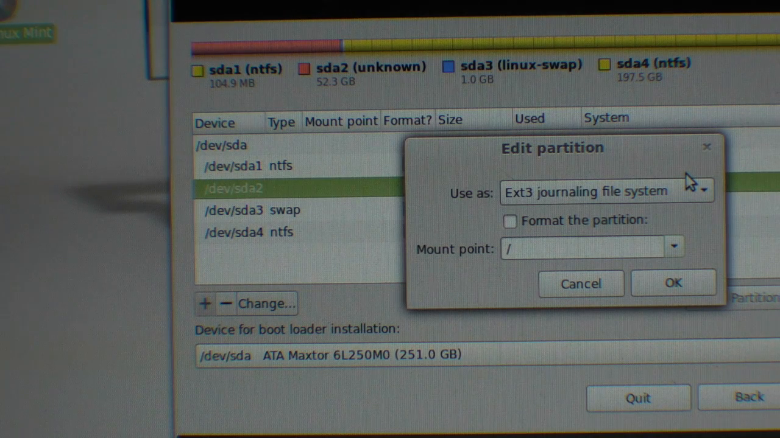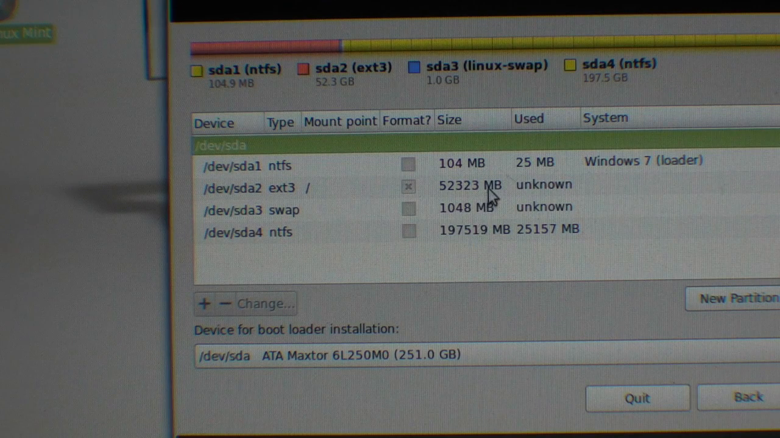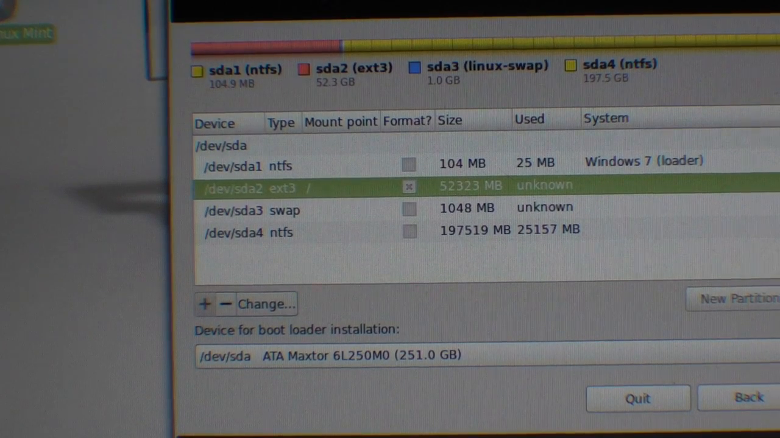Going back to what we're doing here, we're going to change that 52 GB partition I've set up to ext3 journaling file system, and we're going to mount it so it comes up in the menu when the computer boots up after the BIOS. So we click OK on that. Okay, so it's been selected with an X, so we press install now,